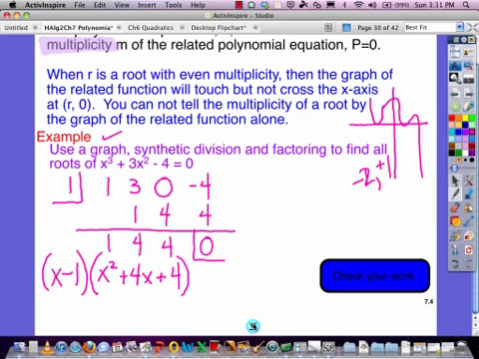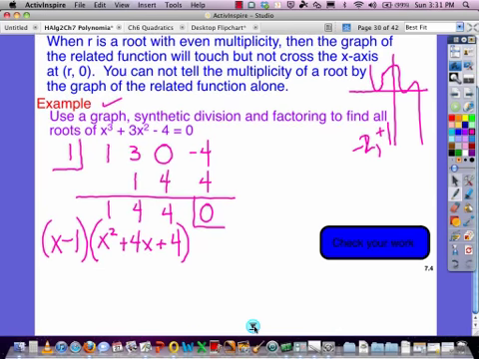We want to check to see if this x squared plus 4x plus 4 is done, but we know we can factor it as x plus 2 times x plus 2. So right now we graphed, we used synthetic, and it appears that we have completed our factoring. If that's the case, and we've completed our factoring, then